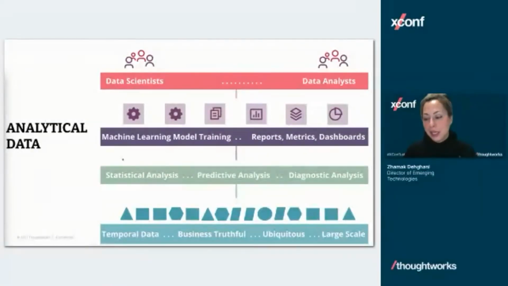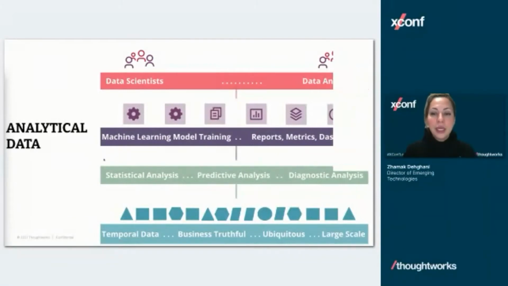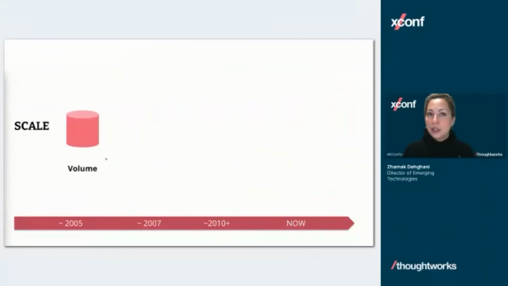The other attribute that I talked about is that data mesh tries to solve the problem of scale. And if you look at the last couple of decades, you might say, well, we've actually solved quite a few problems of scale, and that is true.